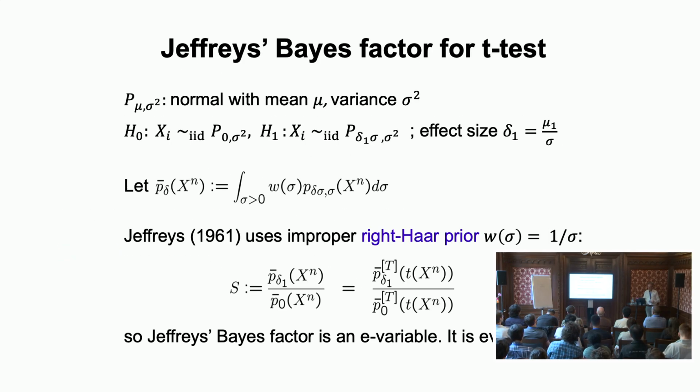Well, I should say one more thing. I see that there's a slide missing here now. A caveat here is that in general it doesn't come out so nicely. You can use this GROW construction for any setting. You give me a prior on the alternative, I make a prior on the null, and we have this likelihood ratio, a Bayes factor, which gives you an e-variable.